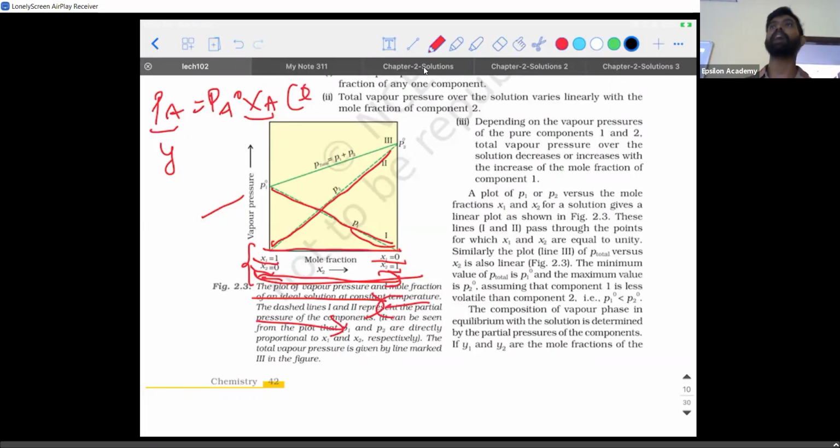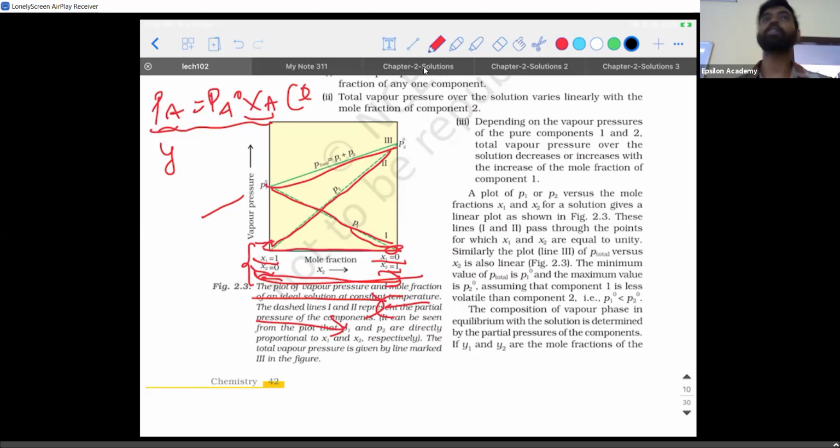Now if I have to get the total pressure, that is what is given by this straight line. P total is equal to P1 plus P2. All are coming from Raoult's law. We are not doing anything extra. Just from the equation, I can directly see that it is going to give me a straight line passing through the origin. Is it not? Because if I had y is equal to mx plus c, then I'd have some intercept. But this is just y is equal to mx, so definitely it is going to pass through the origin. Now, this is for an ideal solution.